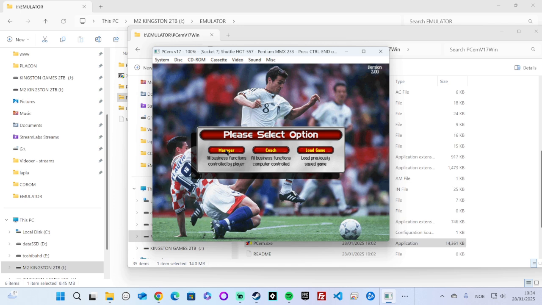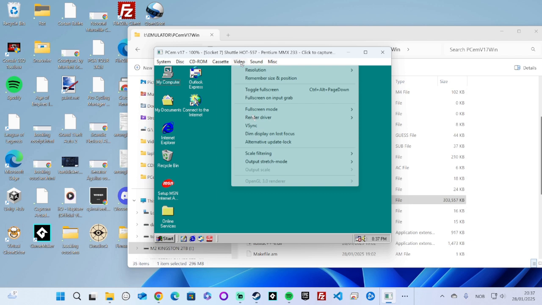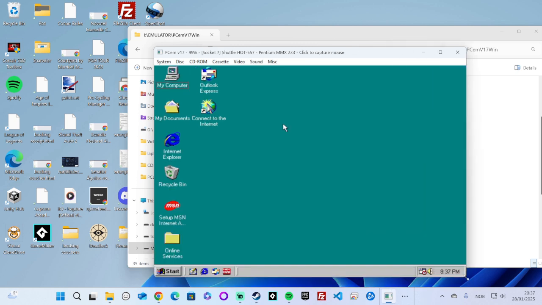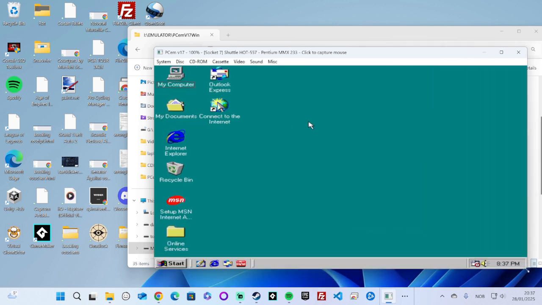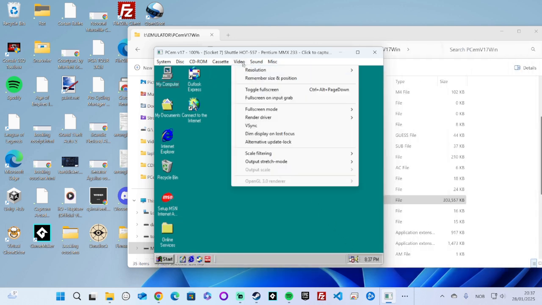Alright, so now we have everything up and running. A few more things before we end it. If we go to the video settings here, you can set the resolution and select resizable. When you do, you can use the mouse cursor on the corners and you can drag and select the size you want yourself. Secondly, there is also an option called